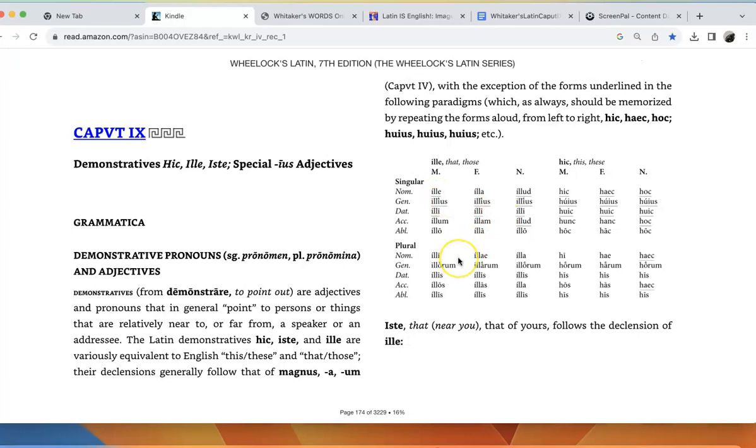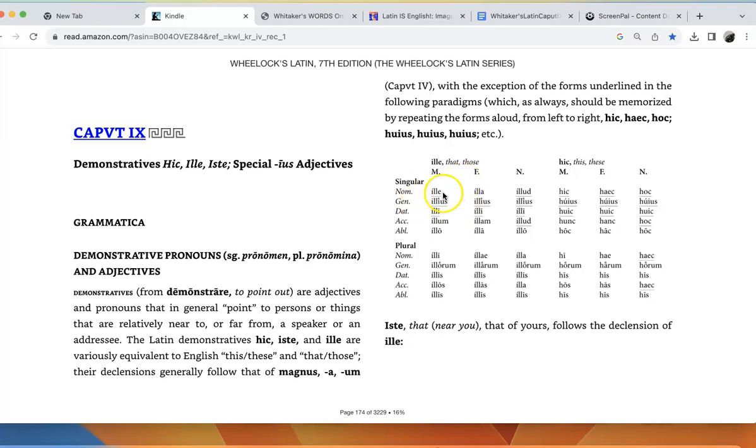But these will need to be learned and memorized, so I recommend making flashcards or using Quizlet or whatnot, and of course just careful practice and study of vocabulary, and the examples will contribute to the